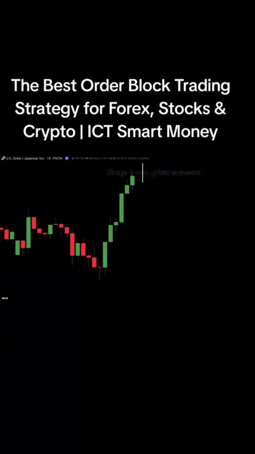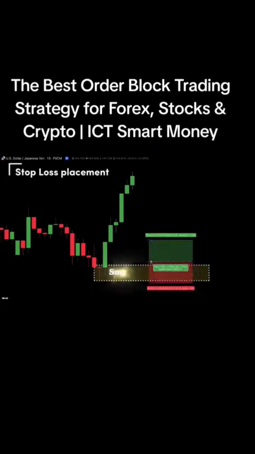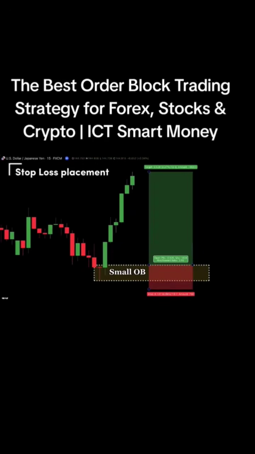Now, not all order blocks are the same size. If the order block is small, you'll want to use a slightly wider stop loss beneath it. Why? Because even though order blocks are strong zones,